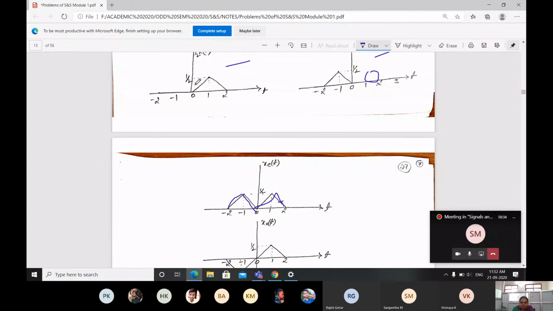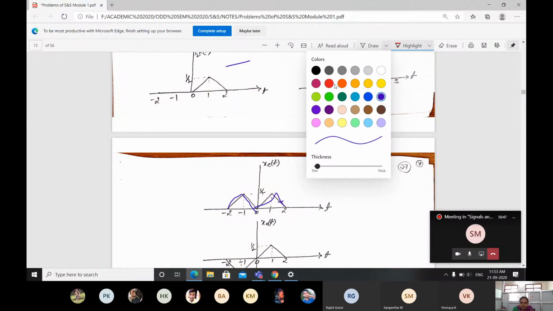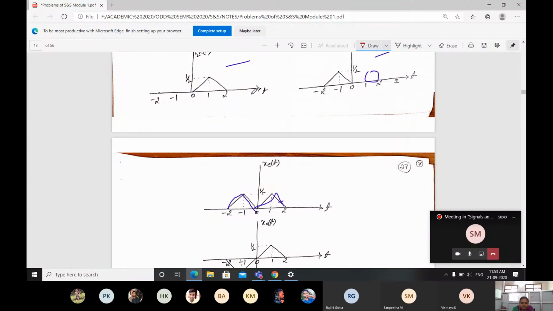These two signals we have to add, just adding of the two signals. Okay, then what you have to do? We have to subtract these two signals. First we added both the signals. Now we have to go for the subtraction of these two signals.